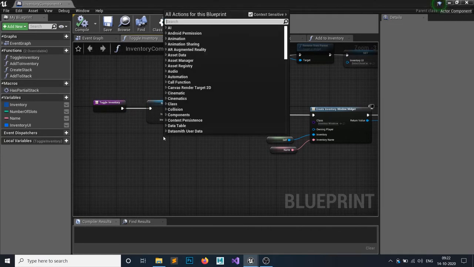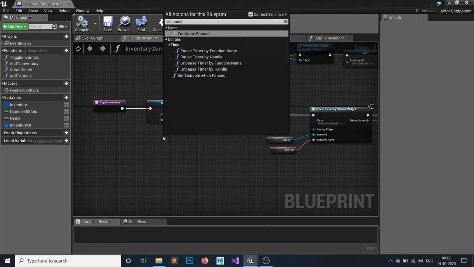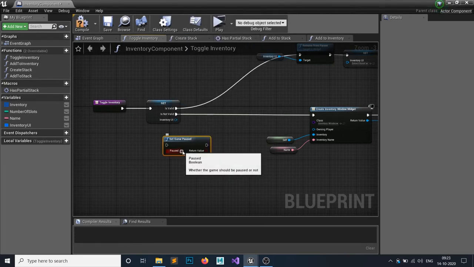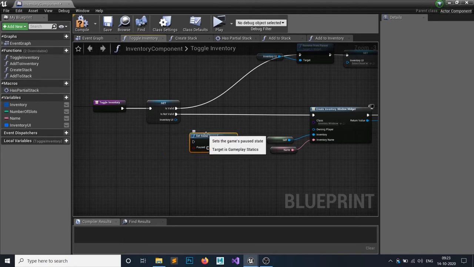So you can do this: set game paused. If it's not paused, then our game is not paused. If it's true, then our game is paused. But if your game is paused, then all the static meshes, all the 3D geometry, all things will stay at a certain place. They won't move. So if you want to examine an item by clicking and dragging, it won't move because our game is paused. So this is not going to work here.